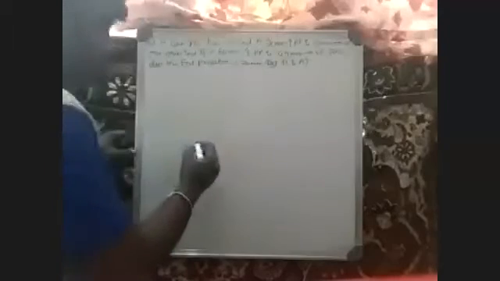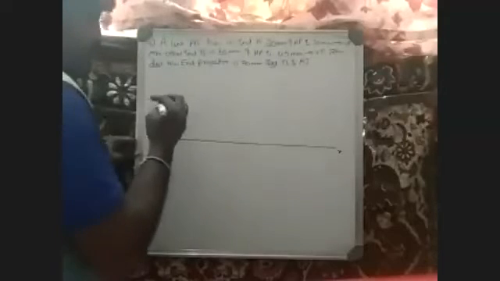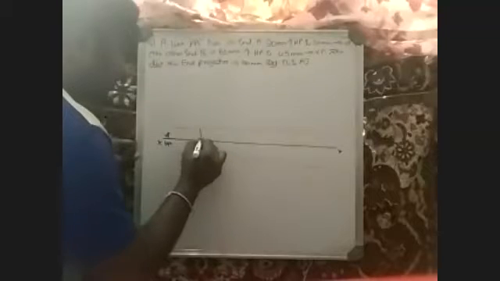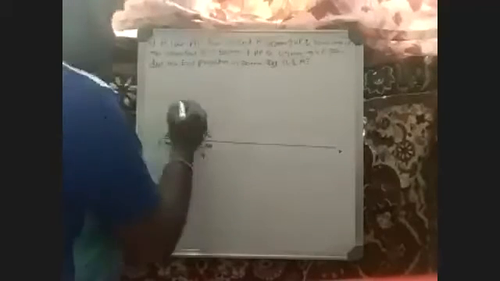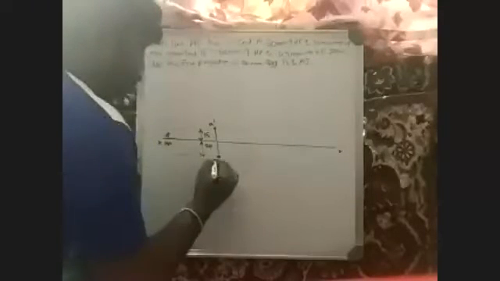So ultimately, what is the answer we are going to get in lines chapter? The format of the solution will be something like this. This is XY, this is VP, this is HP, okay, and something above the line, below the line. We say 15 mm above HP, 20 mm in front of VP, and here we have a point A dash. Down the line here we have point A.